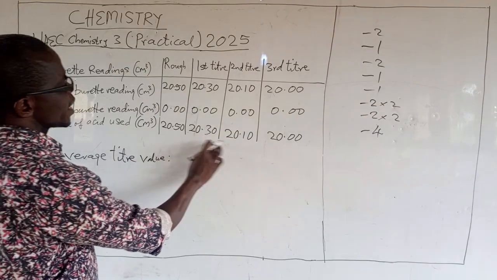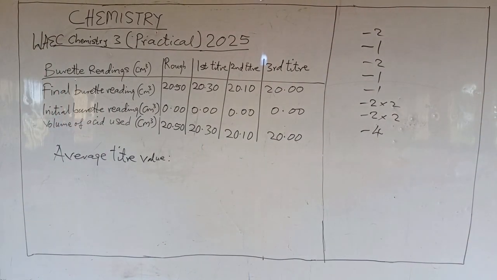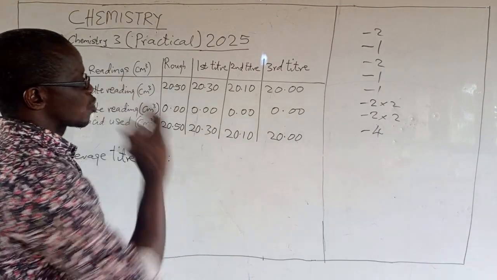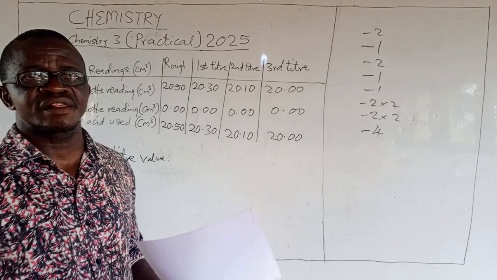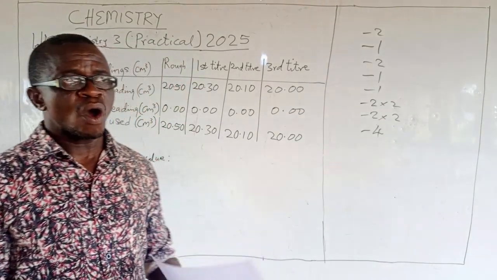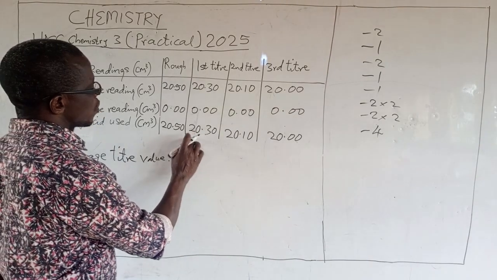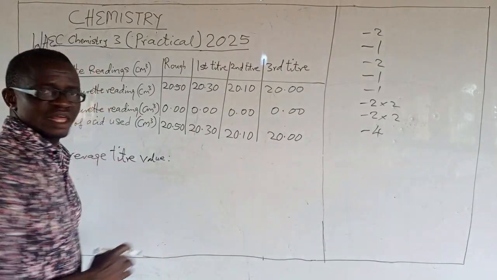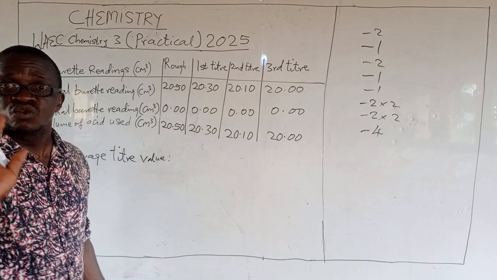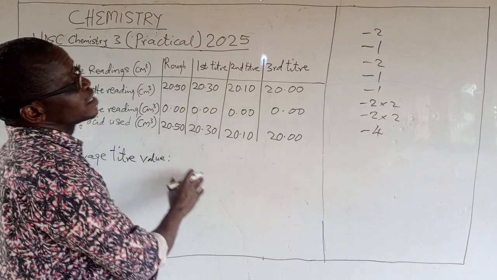Now you check which of the 2 are concordant. Look for concordant values, two that are concordant. Some persons like using three. Some students use two. All are the same. But if you are using three, for example, you want to use this, and this, are they all concordant? Check. If they are not all concordant, do not use them, else they will penalize you.